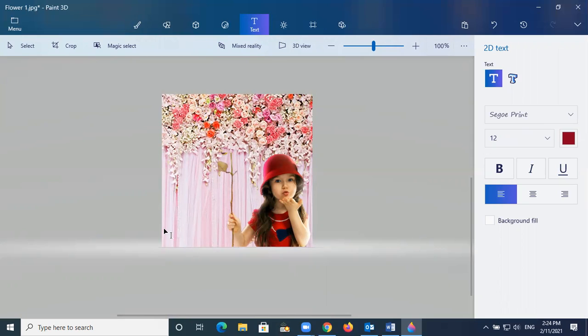Okay, so where you want to write, you bring it here. Okay, I bring it here, and here I can write it. Okay, for example, I will write girl, beautiful girl, or cute girl, C-U-T-E, cute girl, G-I-R-L, girl with flower. So anything you can put, okay? This is just so you know how to include the text. Text also you can put in this place or this place. After typing, you can move around here. Okay, so this is one of the things.